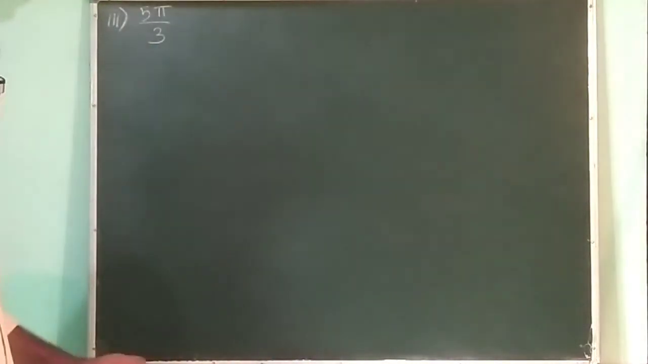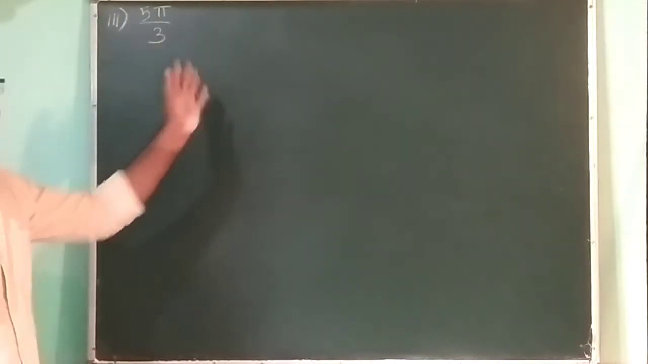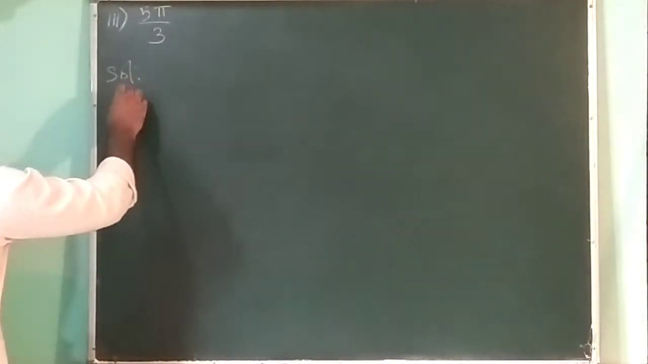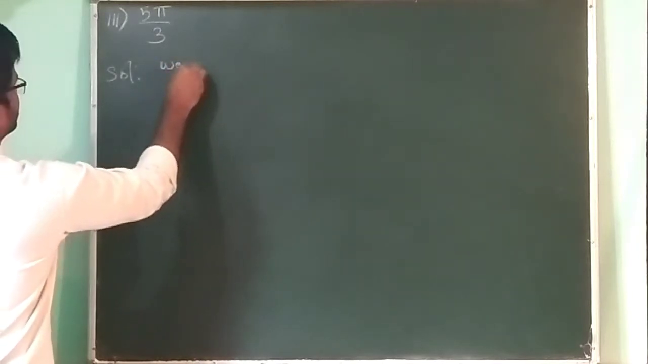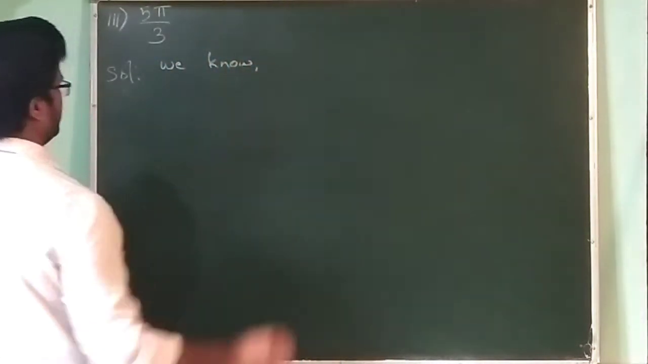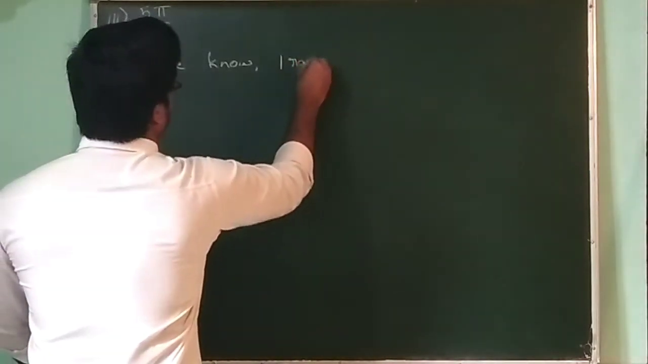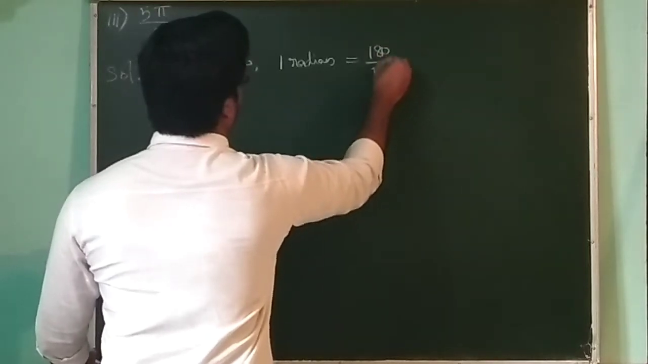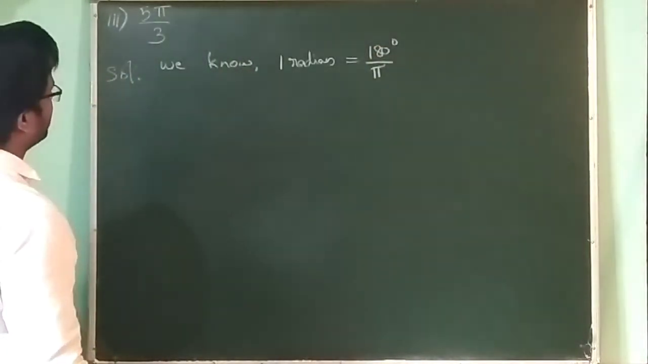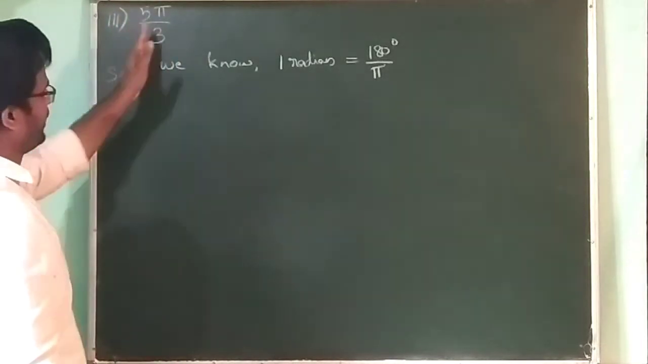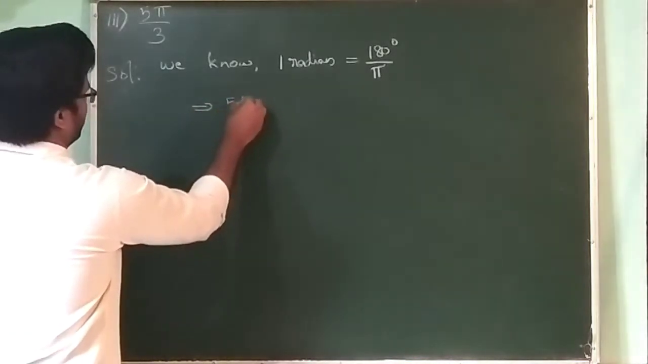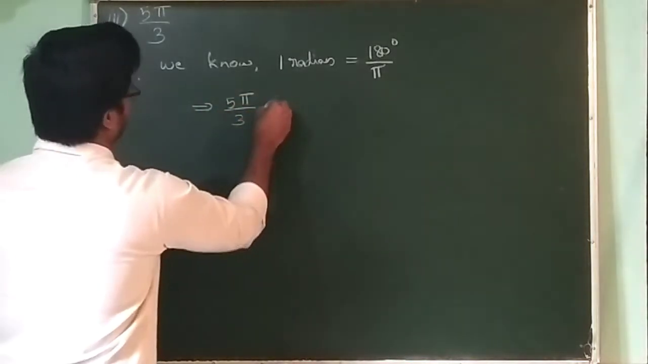Roman number 3 is 5 pi divided by 3. This is in radians, we have to convert to degrees. Solution. We know 1 radian, the same formula, is 180 divided by pi degrees, isn't it? In here the radian measure given is 5 pi divided by 3. Multiply using this number on both sides, LHS and RHS: 5 pi divided by 3 into 1 radian